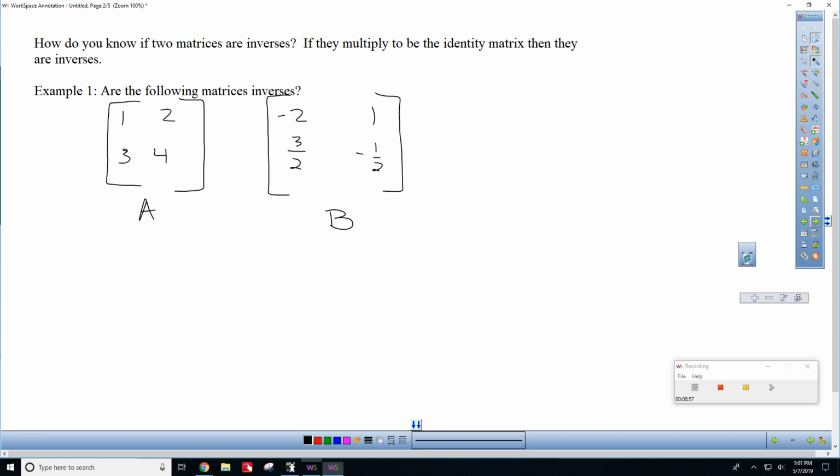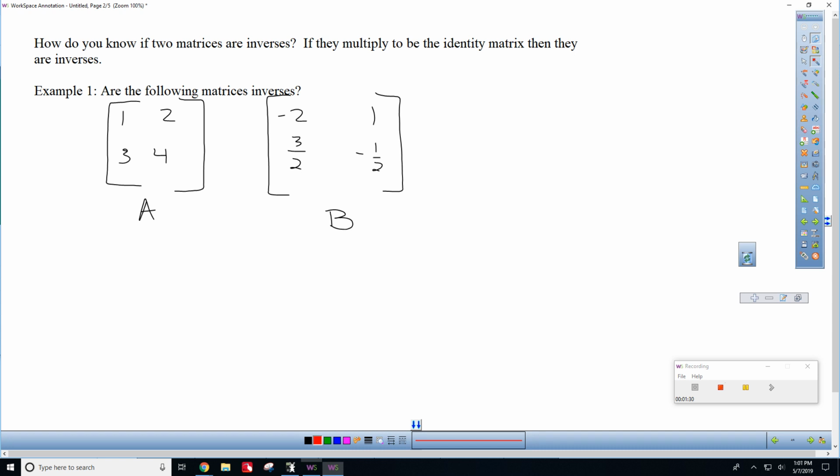Because we're going to be working with matrices in solving equations involving matrices, and rather than doing all the multiplication, what we might want to do to get rid of a matrix is just multiply by the inverse matrix. So that's why these things are useful. So we know that two matrices are inverses if when you multiply them you get the identity matrix. In fact, you got to multiply them in both directions, but I'm going to encourage you